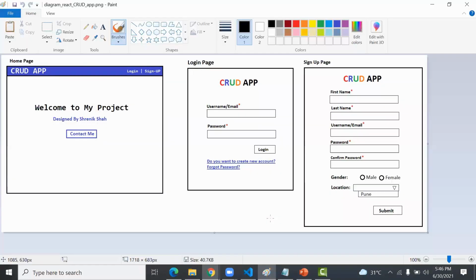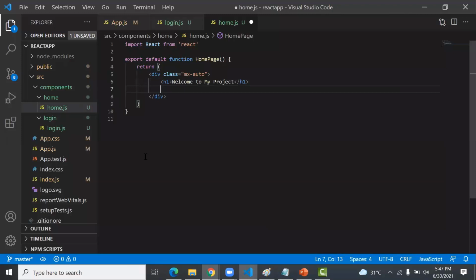What is the second line? Designed by Sonic. So I type a p tag, designed by Sonic. I also type a class here. So className is equal to text-primary. Okay. I think to show the text bold in Bootstrap, we type font-weight, font-bold.